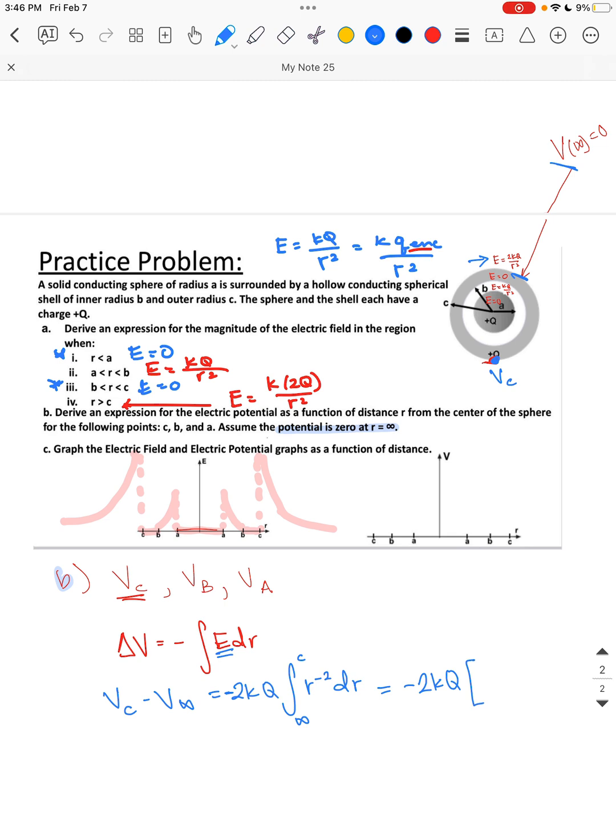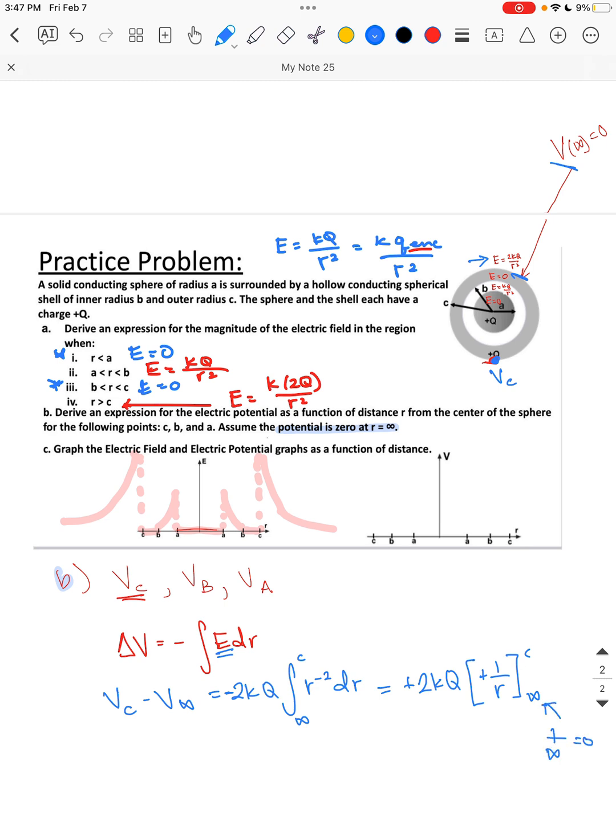I'm going to skip the calculus for this because you just do it the way you do to polynomials. I add 1 to the power, which makes it r to the negative 1. And I get negative 1 over r from infinity to C. Now, what's nice is these cancel out. And I also know that when I do this subtraction, 1 over C minus 1 over infinity,